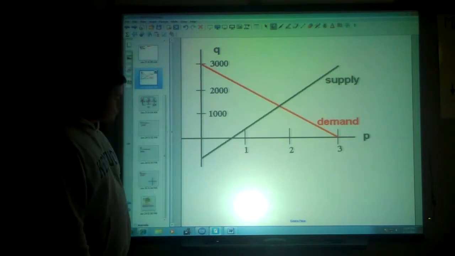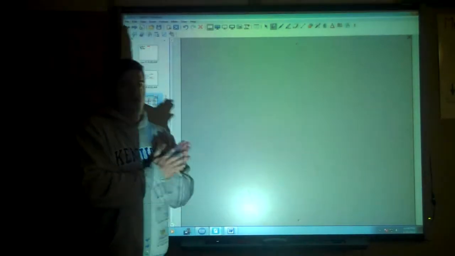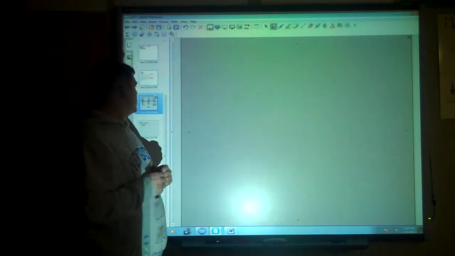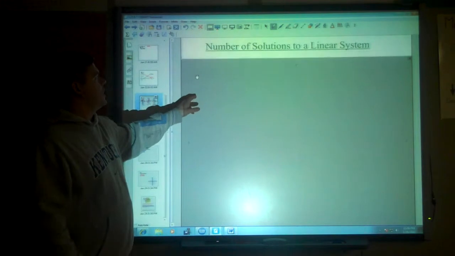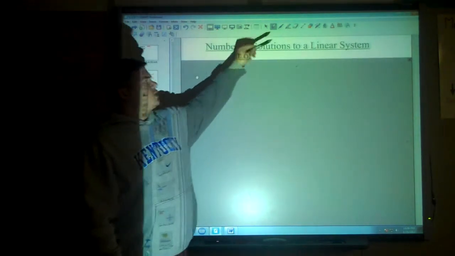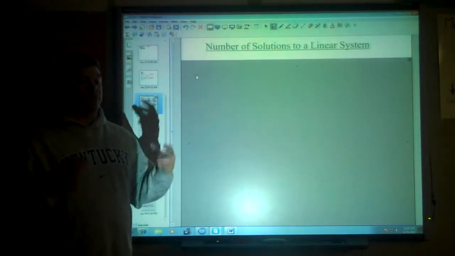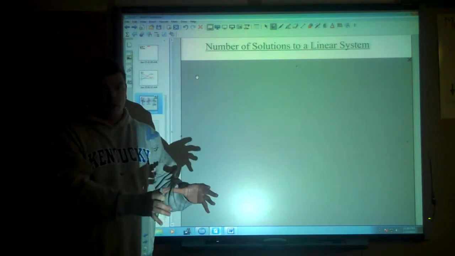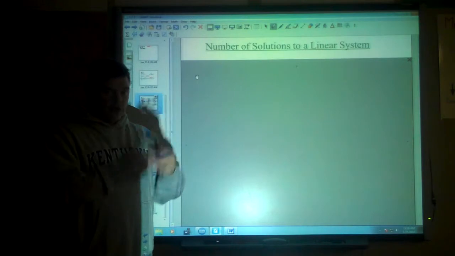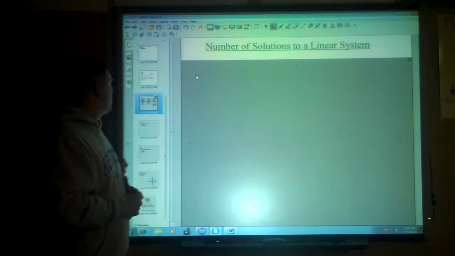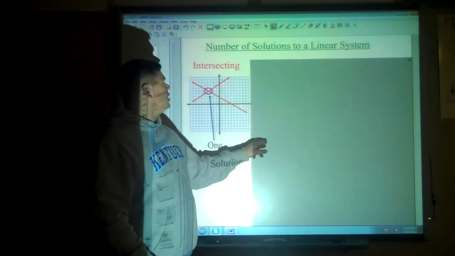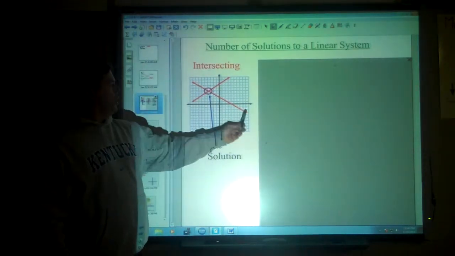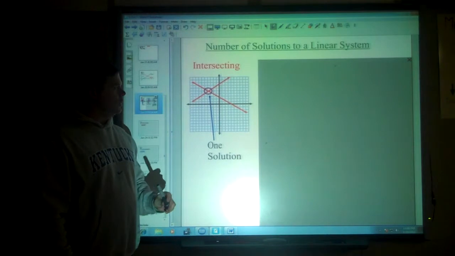Now, most of the problems that we worked with all had solutions. It is possible for some very special scenarios to exist. The number of solutions that you will have in a linear system can be a few different options. We'll have the type of option we've been working with lately, where we have one solution that we come up with. This is our typical case, where the two lines cross and create one solution.